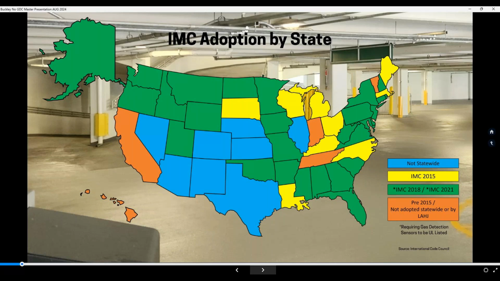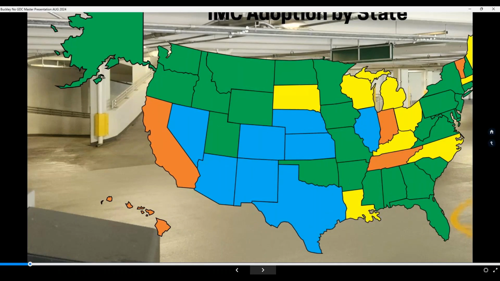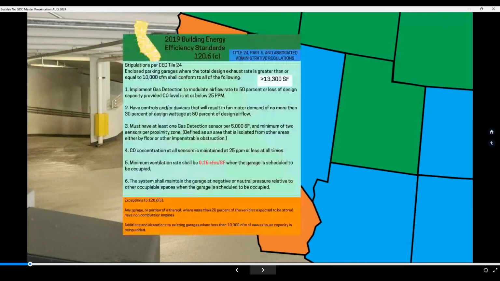The states in orange have adopted a pre-2015 version. They have not adopted that statewide though. They do give a lot of credence and variation to the local authorities having jurisdiction. So if we zoom in just a little bit closer, we look at the state of California as an example. The state of California, in addition to International Mechanical Code and their local California Mechanical Code, also has adopted